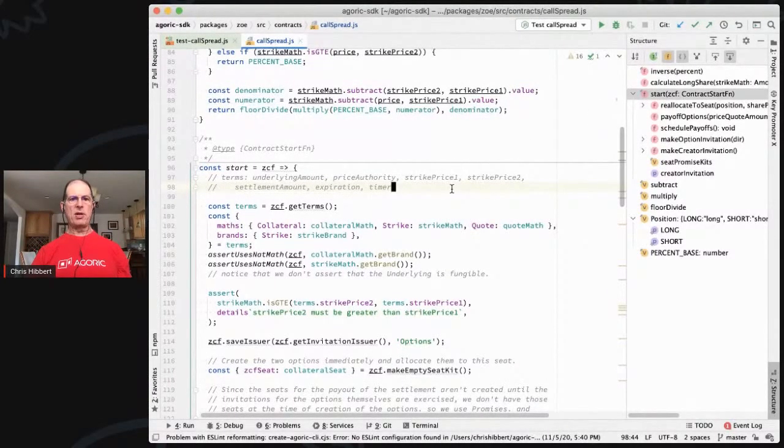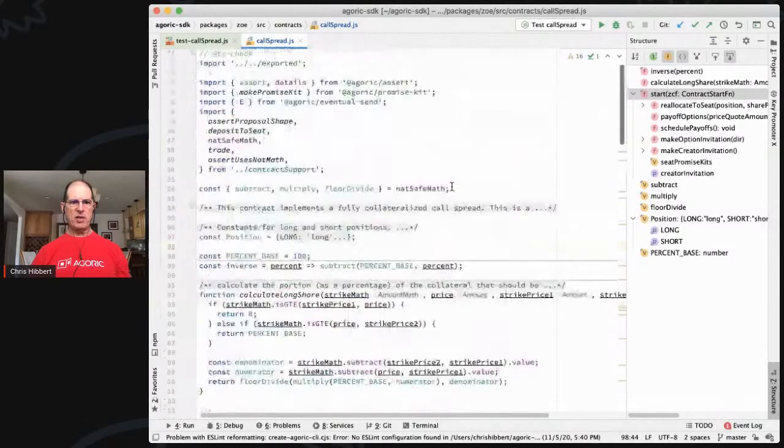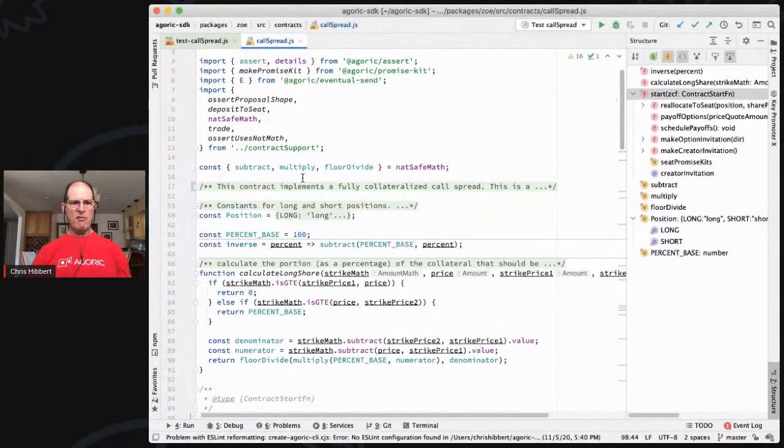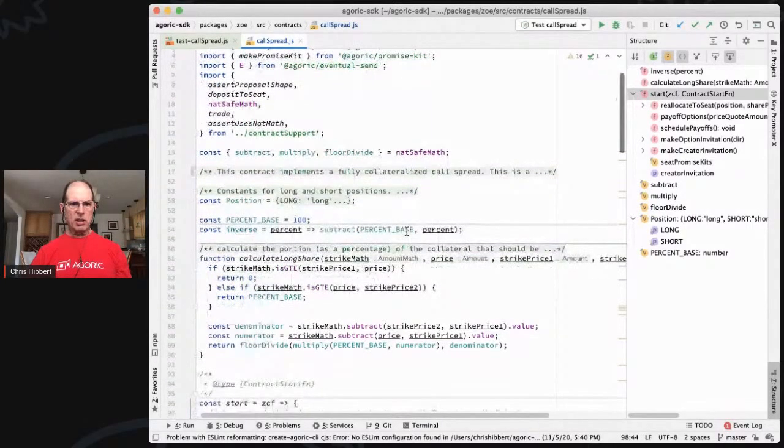Let's start with the high level, as I said, the things that every contract does. I've collapsed a bunch of code here. There's a couple of comments that I've collapsed and some other things. The main thing I want to start with is